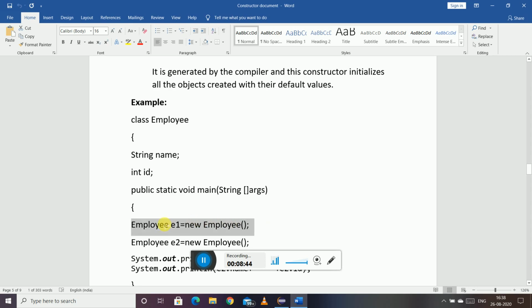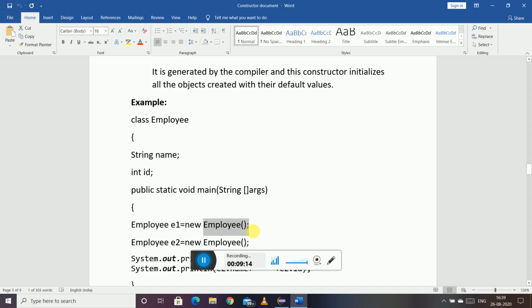By this object creation line itself, the default constructor gets created, but it is actually generated by the compiler. We write this in the program, but by writing this we make the compiler generate the default constructor, which is nothing but Employee();. This is a default constructor, right?